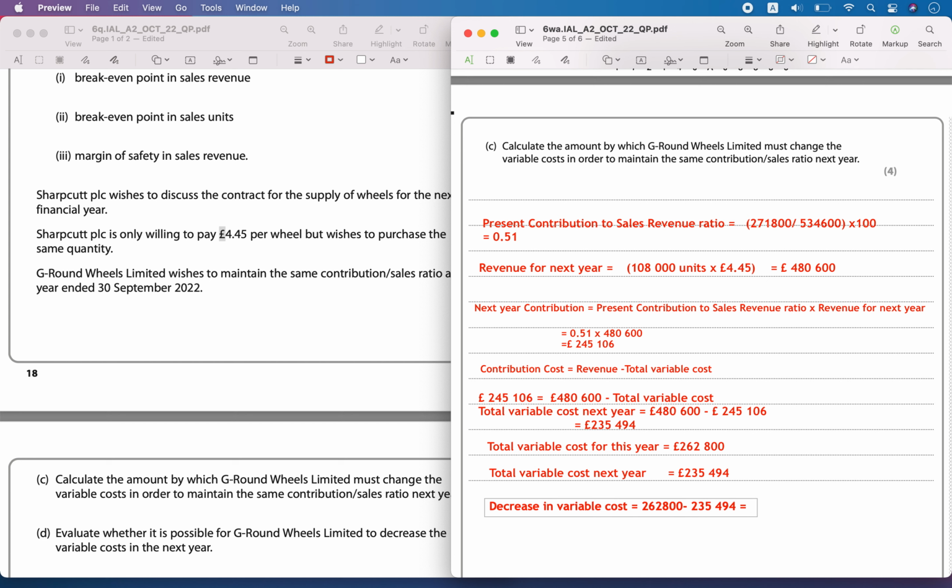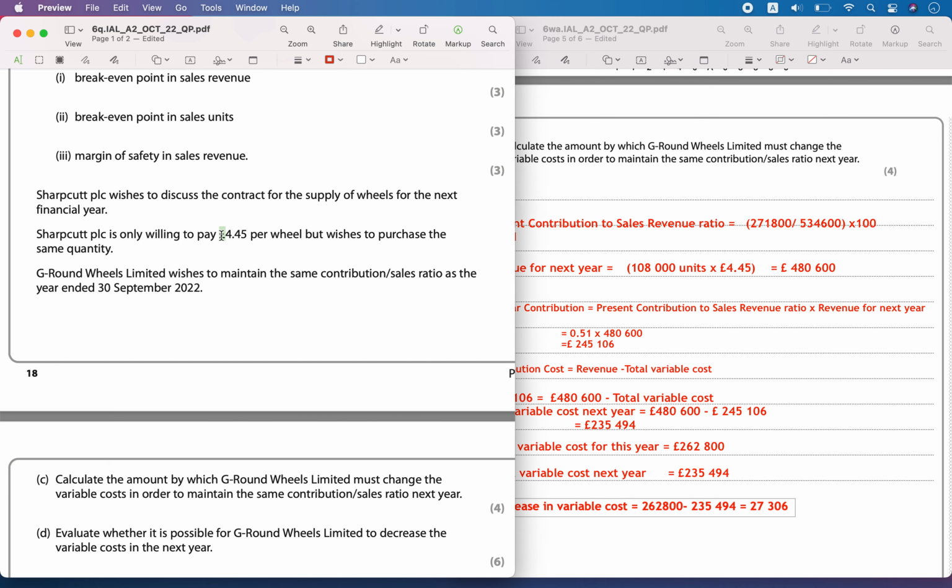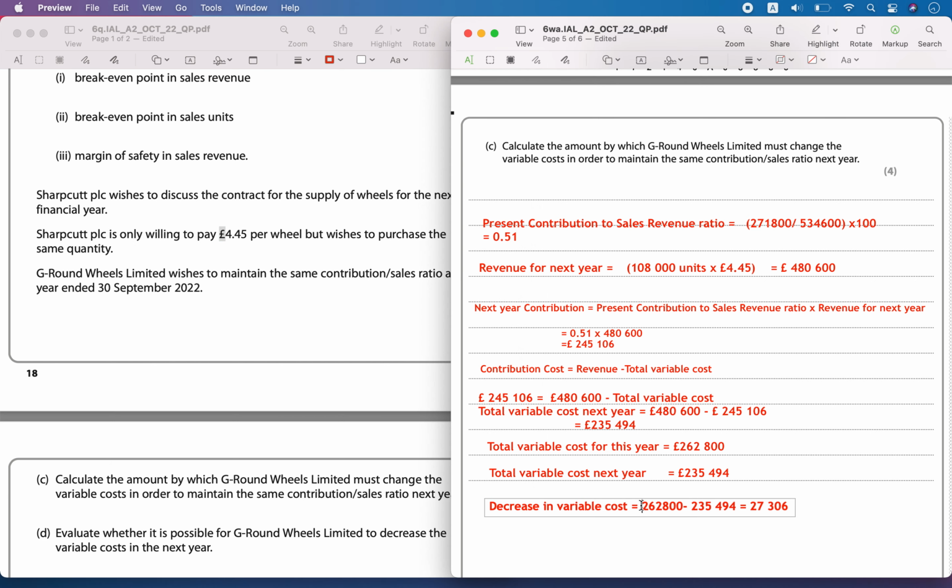So let's calculate. It is 262,800 minus 235,494, which is 27,306 pounds. So 27,306 pounds is the amount of the decrease. You have to reduce your variable cost by this amount in order to have the same contribution to sales ratio, because the selling price is getting reduced but the quantity